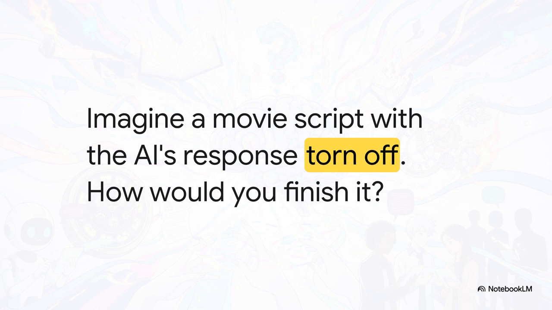Okay, so to really get how these things work, let's start with a really simple idea. Picture this. You find a movie script. You can see the user's line, but the AI assistant's response is totally ripped out. And your one job is to figure out the very next word the AI would say, then the next one and the one after that, until you've built a whole response. That simple act of just predicting the next word, that is the absolute core of how these incredibly powerful AIs